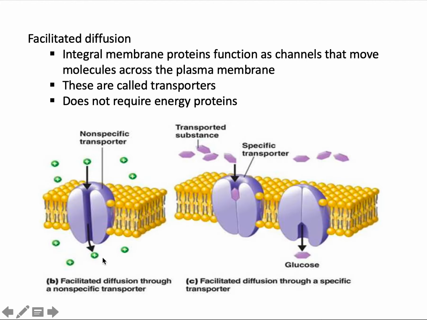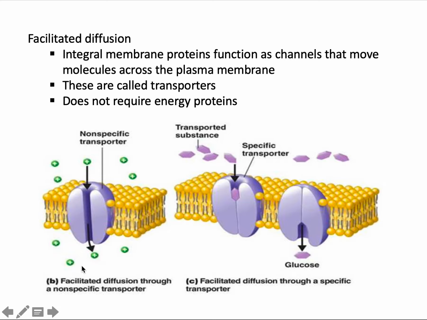So you have two different types of these transporters. You have the non-specific, where the molecules that go through don't have to have a specific shape or form. So as far as they're in high concentration and the membranes are available, they're able to use them. Once it touches the opening, it opens up and it's able to pass through to the other side. And then you have